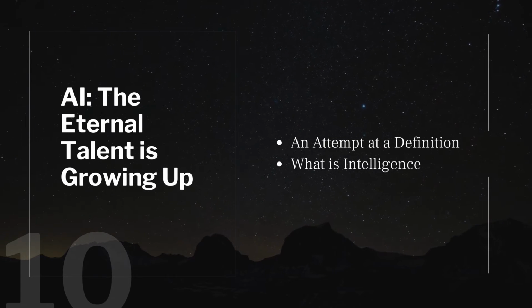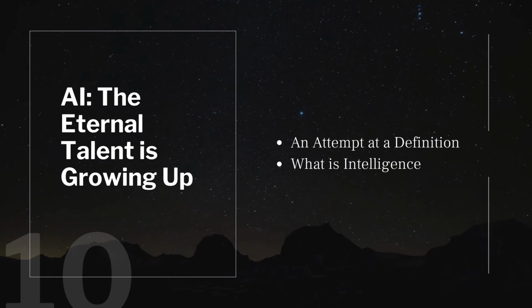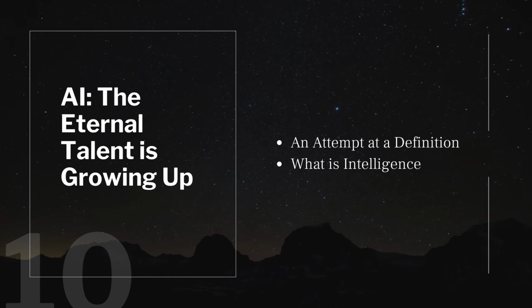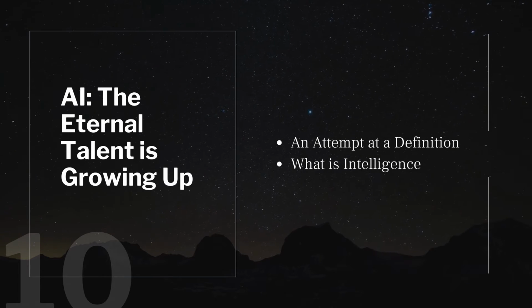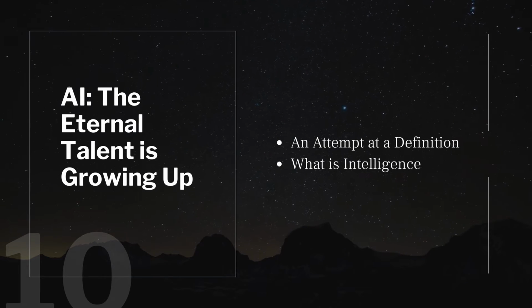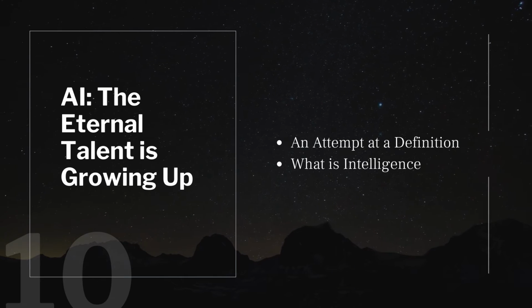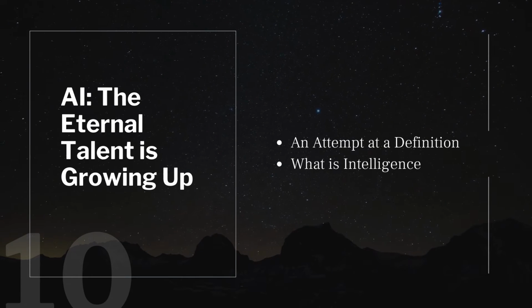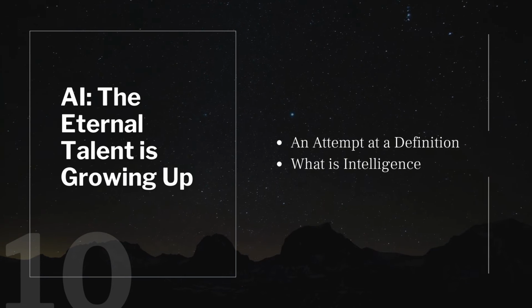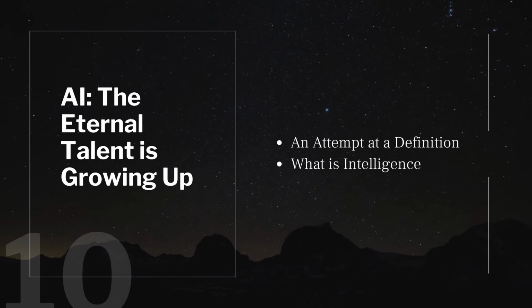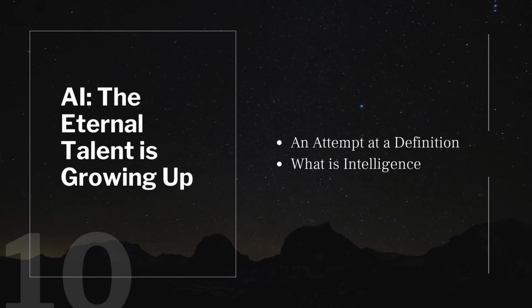The way they tried to interpret it at the beginning was: can machines think exactly like humans? But then here's the thing: how do you define intelligence? Because you're saying, I want the machine to think like humans. But how can they think like humans unless they have human intelligence? So let's define what intelligence is.